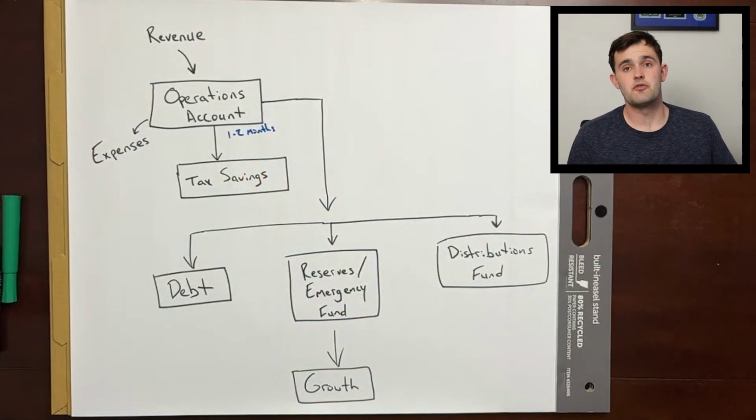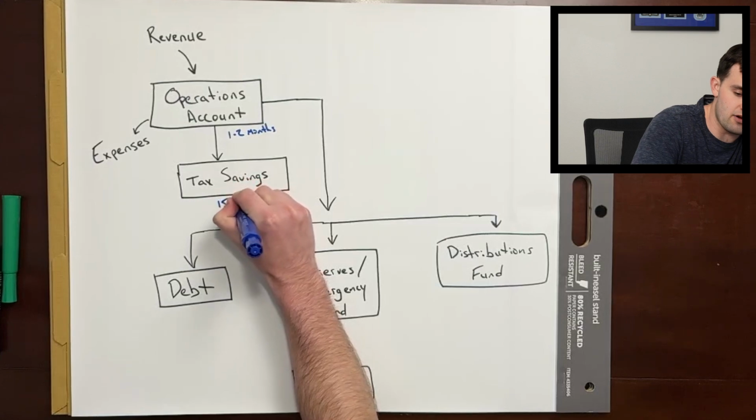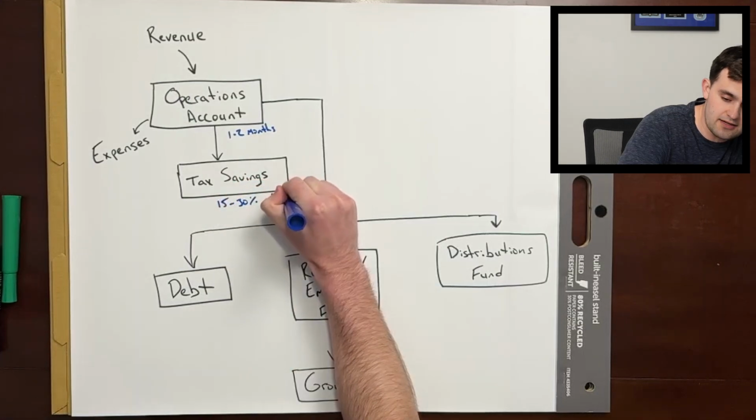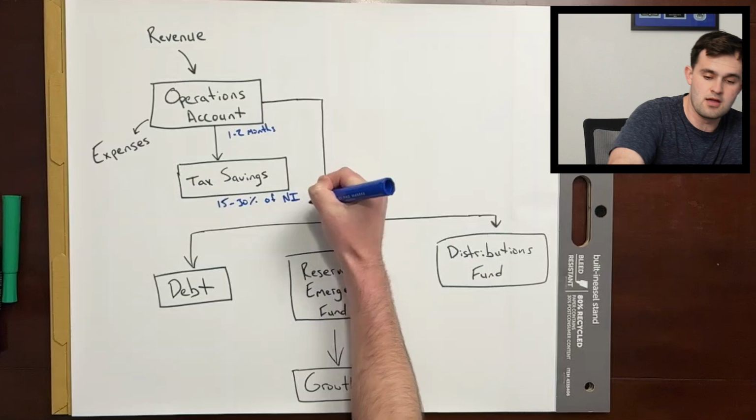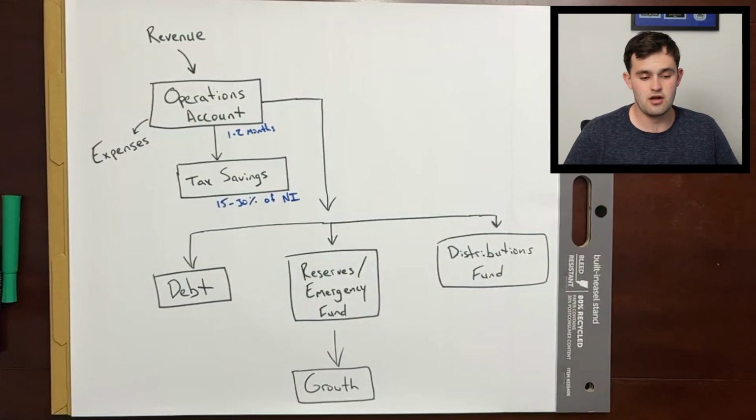If you're not subject to self-employment tax, you may be able to get away with setting aside as low as 15 to 30% of net income. And again, that exact number is going to depend on your own personal tax situation. I always recommend discussing that with your tax advisor or your tax professional and making sure that you're setting aside enough money for taxes. The last thing you want is an unexpected bill when it comes time to file your